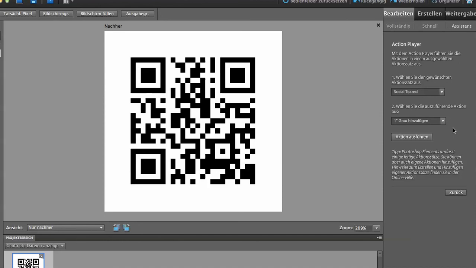But only if you want to do this, otherwise I will wait for your non-Photoshop version or something else. Okay, but that's a way to install the Photoshop actions into Photoshop Elements.